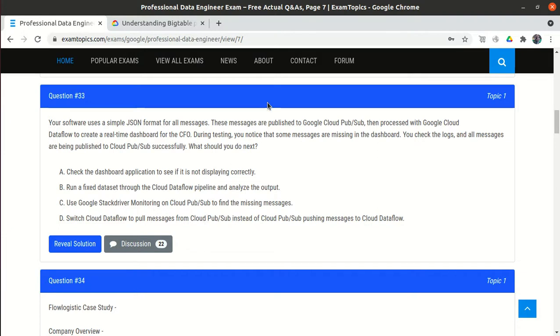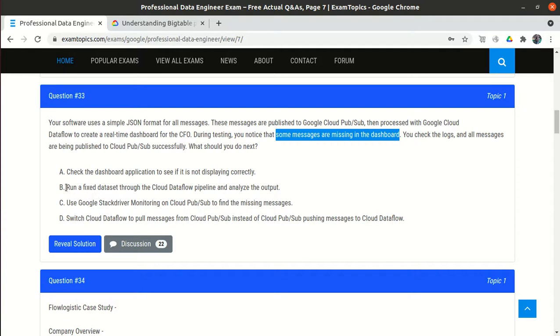In this question, Pub/Sub is pushing the messages to Cloud Dataflow. The fourth option says that rather than pushing the messages from Pub/Sub to Cloud Dataflow, pull the messages from Pub/Sub. Both are the same. It will not make any impact, because messages are reaching the dashboard. It is already mentioned that only a few messages are missing. So this should not be our next step.